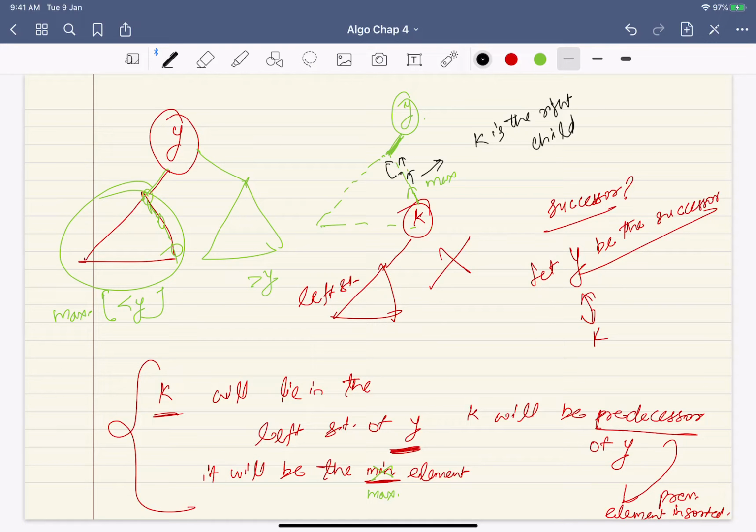So you go from here to here, this is the right child, until you find a point where it is the left child. So the first place where you find that this node is the left child of its parent, the parent is that. Wow, very interesting.